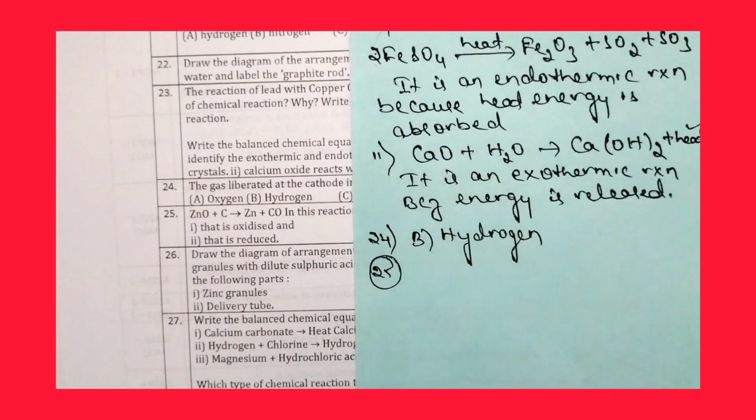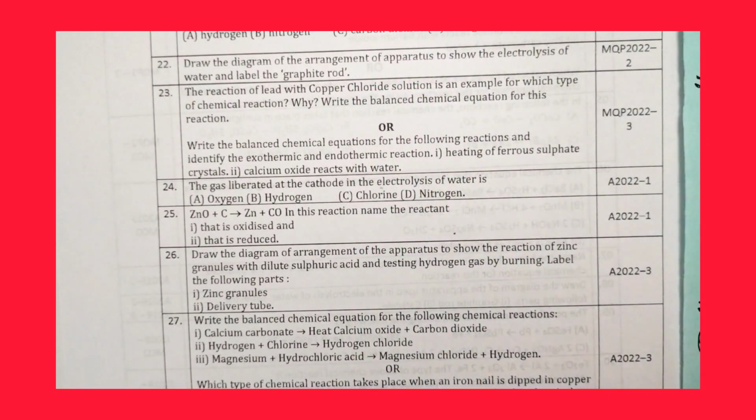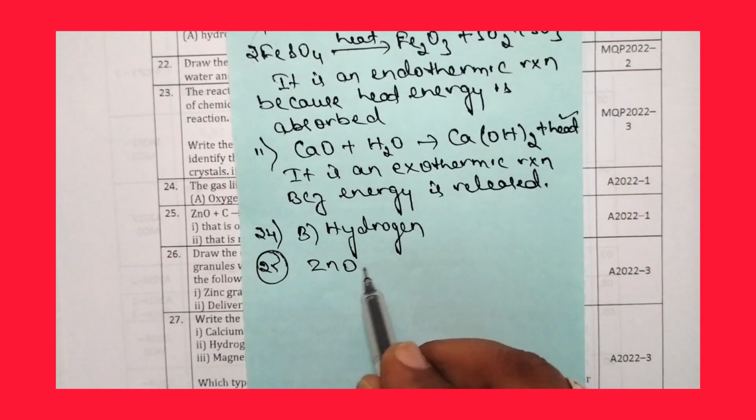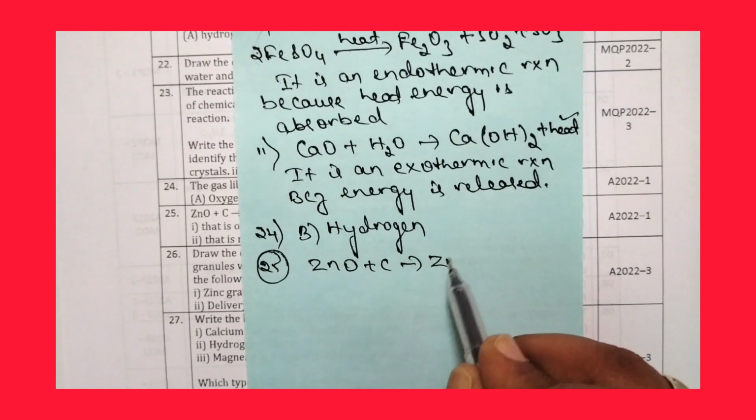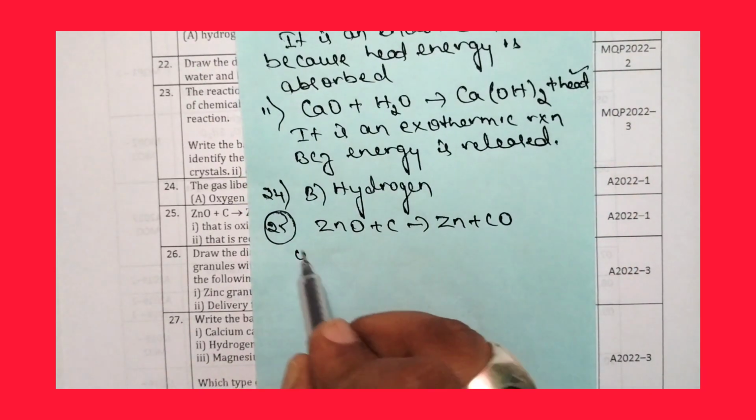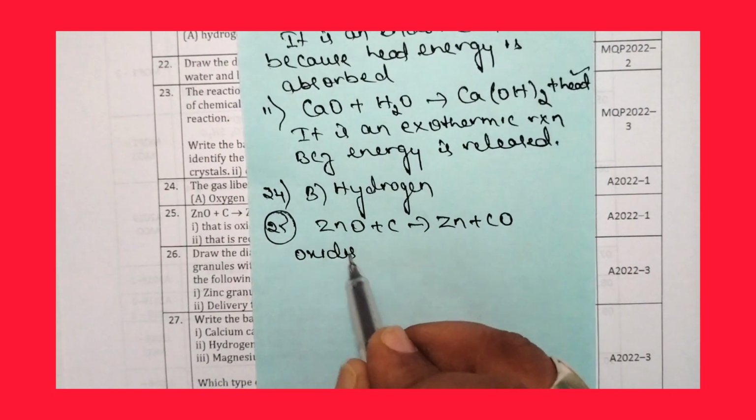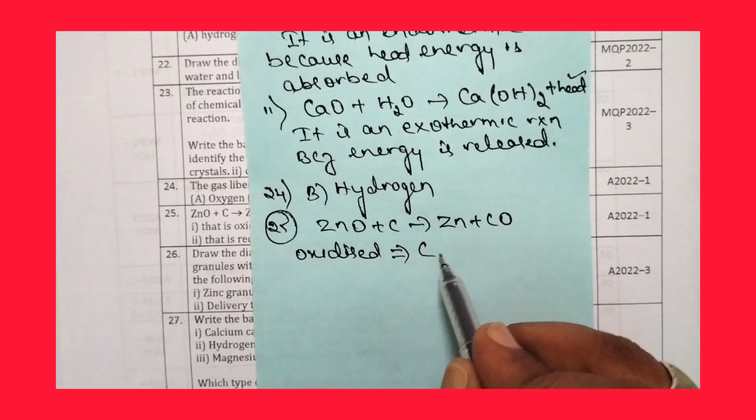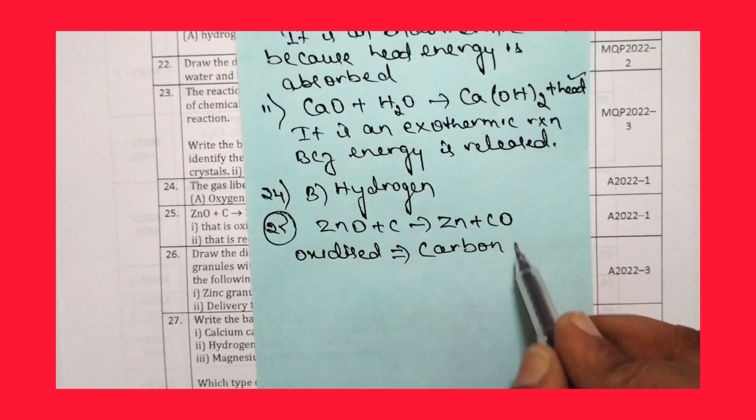Now let us move to the 25th question. The 25th question is ZnO plus C give rise to Zn plus CO. In this reaction, name the reactant that is oxidized and that is reduced. So let us answer this. They ask to name the reactant that is oxidized. Which is the reactant that is oxidized? Look, this reactant is carbon. So carbon is oxidized